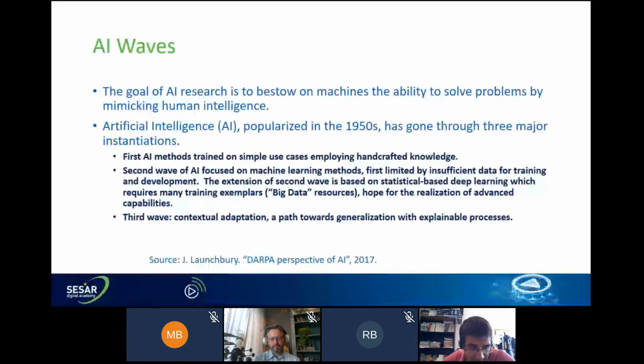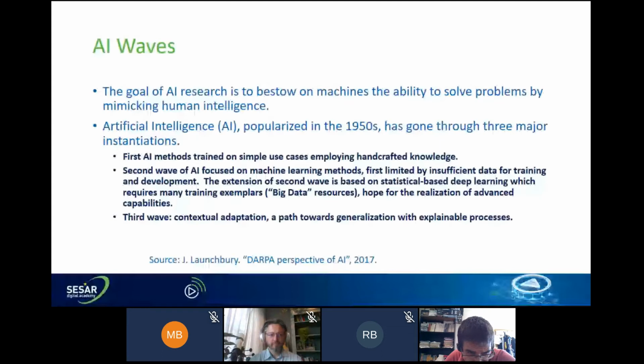A second wave clearly appeared later with the emergence of machine learned methods, where the paradigm was more to take advantage of available experience, available data to build models and generalize in more solutions. And we can mention a need for a third wave that would be contextual adaptation, and also a need to look for generalization with an explainable process,